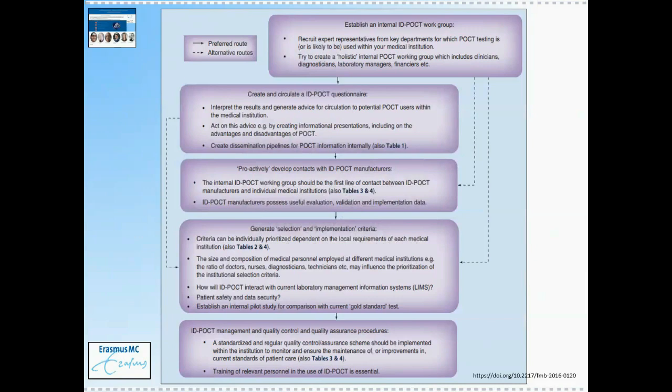It's very important to have quality control and quality assurance schemes available within your institution to make sure that the results you're getting from your POCT device are standard through the many months of use of that device.